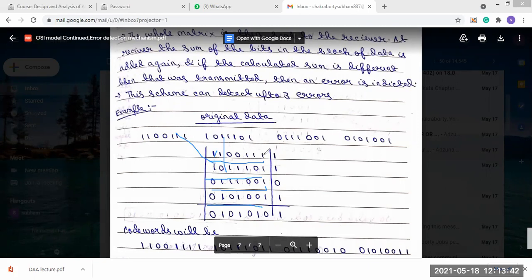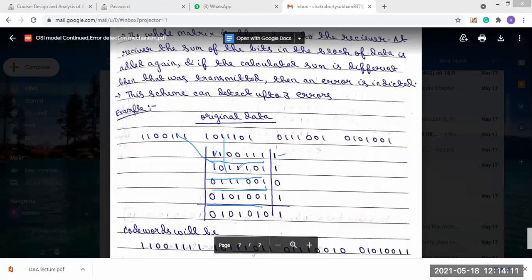And since we are using even parity, what should we do in the parity bit? We should add 1. If we add 1, then the number of ones in the message becomes 6, so even parity will be generated. In the next case also, 5 ones are present in the row, and we want even parity.